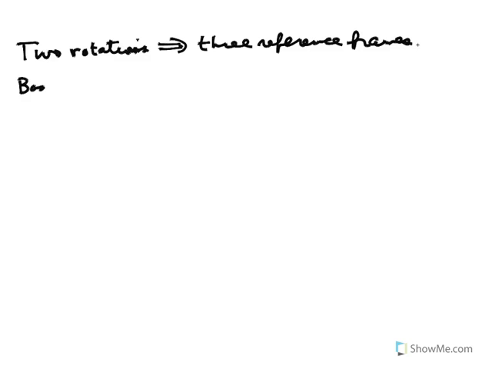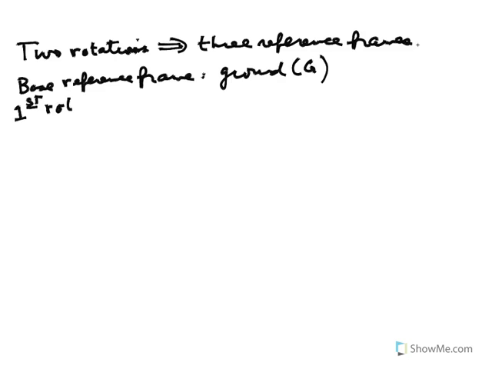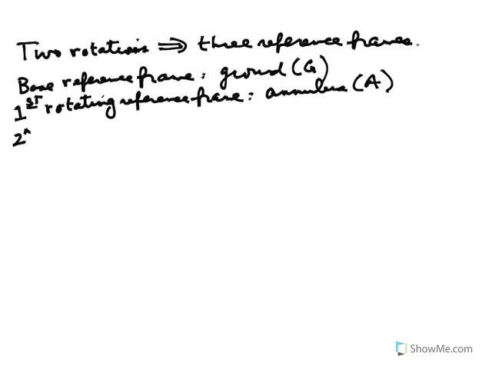The base reference frame is the ground, which I'm going to denote as G. The first rotating reference frame is the annulus, which I'm going to denote as A, and then the second rotating reference frame is